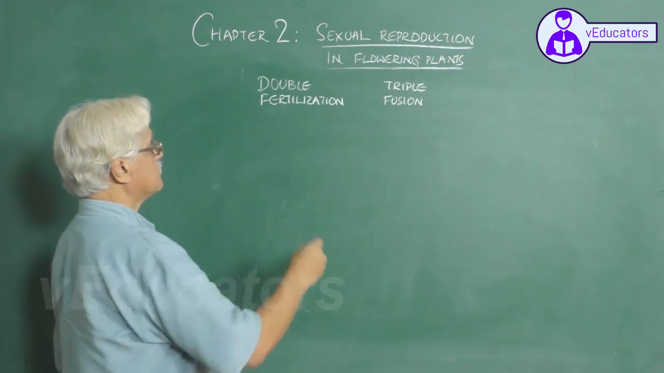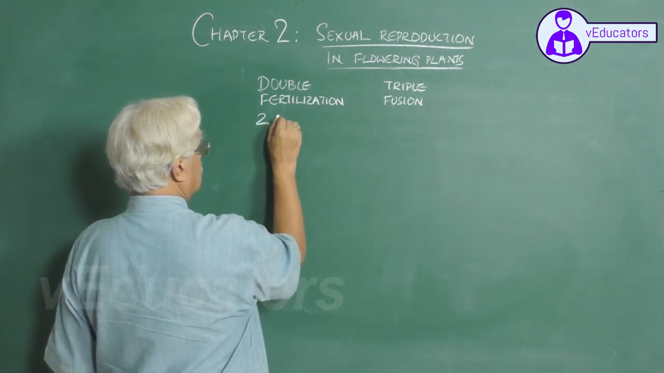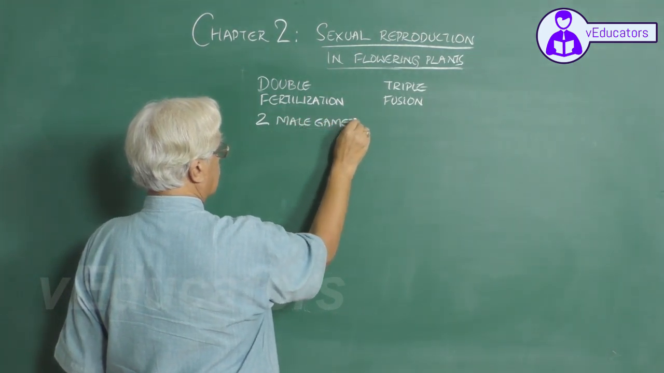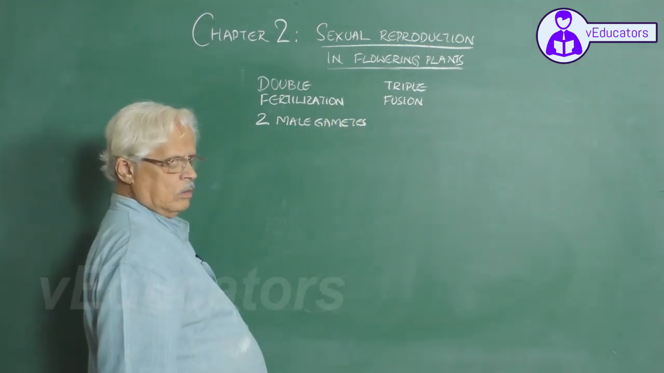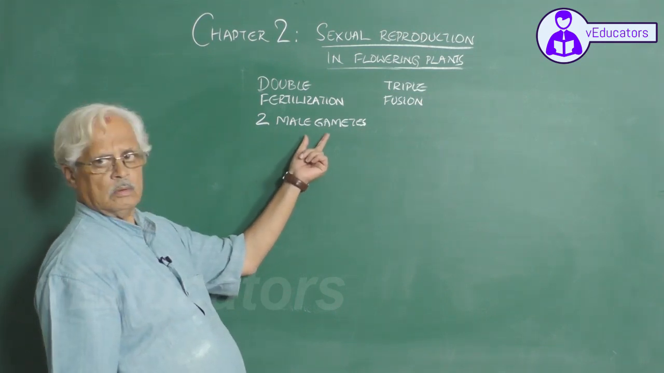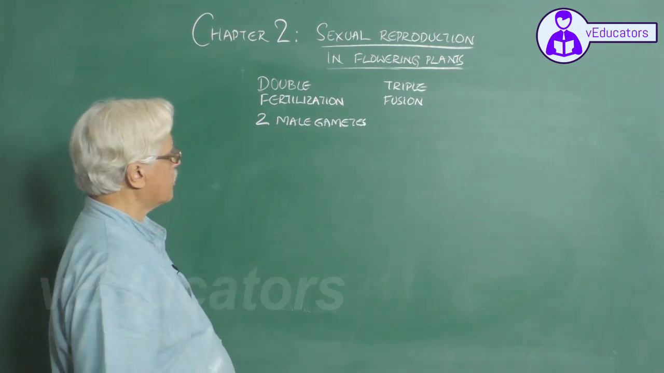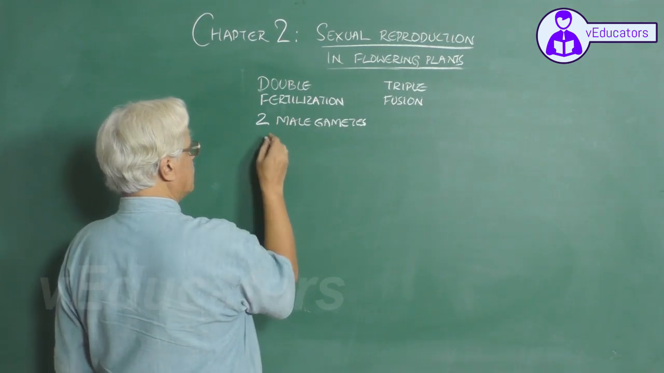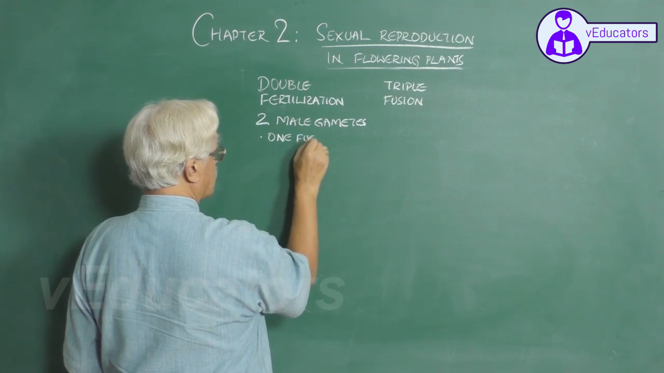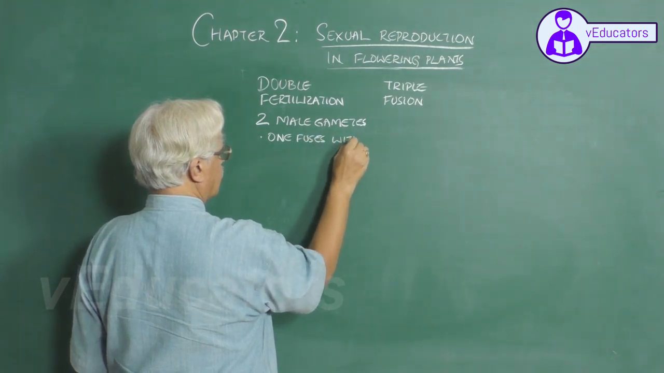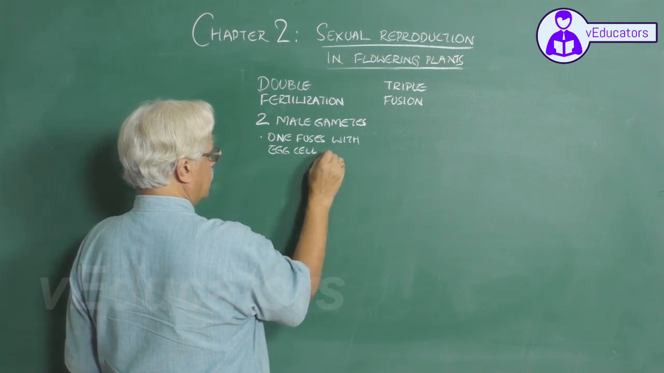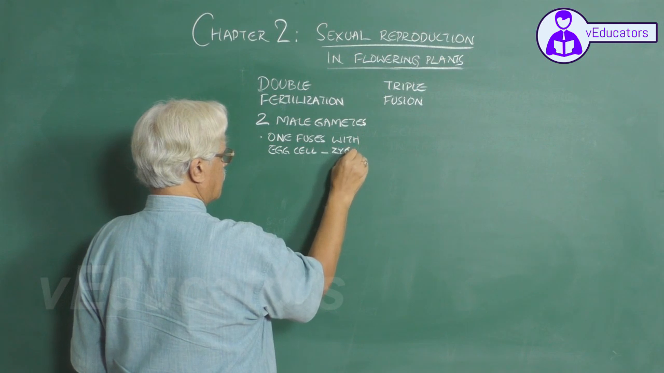It is because there are two male gametes involved that reach the embryo sac along with the pollen tube. Out of these two male gametes, one fuses with the egg cell and this forms the zygote,